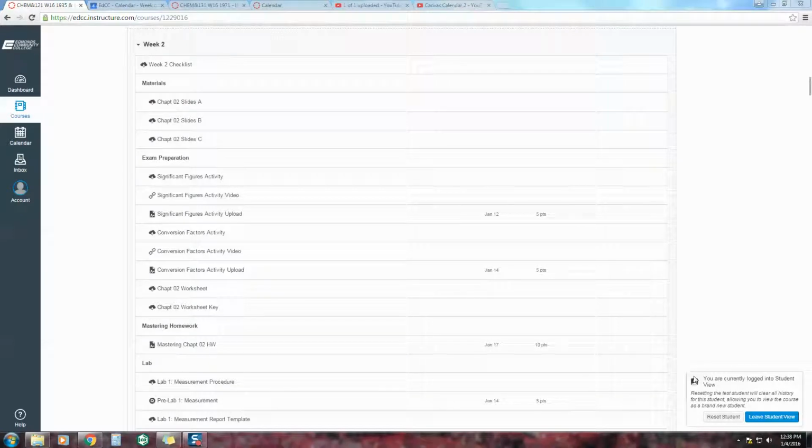Hello everyone. There are two different ways to lay out information in Canvas. One way is known as pages, and the other way is known as modules. I prefer modules, and that's how this class is laid out. So today we're going to talk about the structure of the module, and I have chosen week 2 because it's